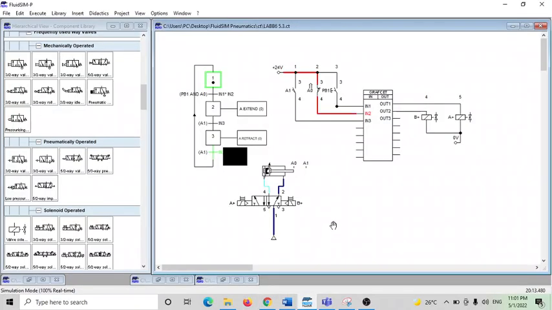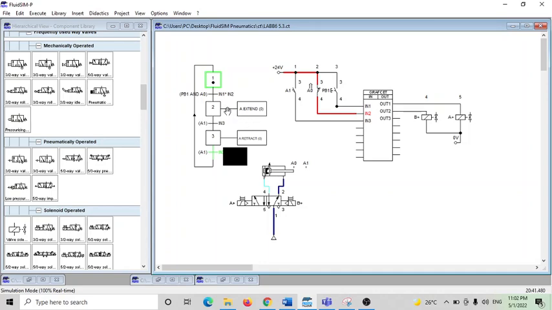Okay, thank you. So for 5.3, I will explain. For the 5.3, we use a double solenoid valve. So when we push PB1, it will trigger the out 1 and trigger the A plus, and it goes to the step 2.